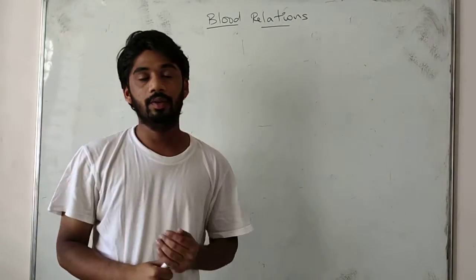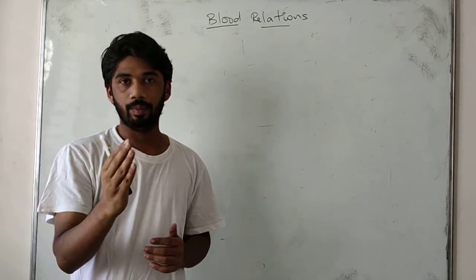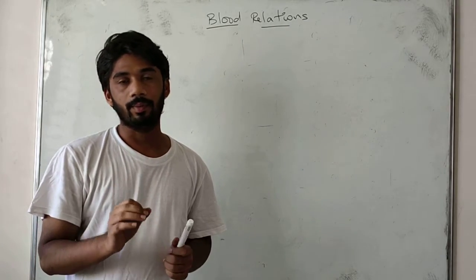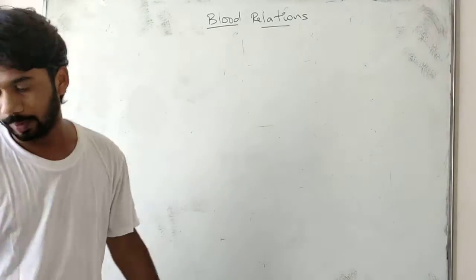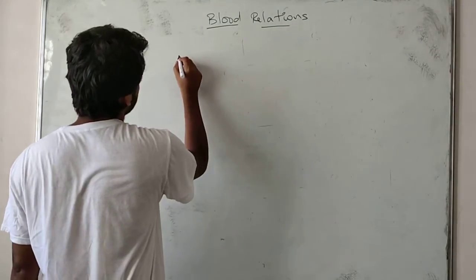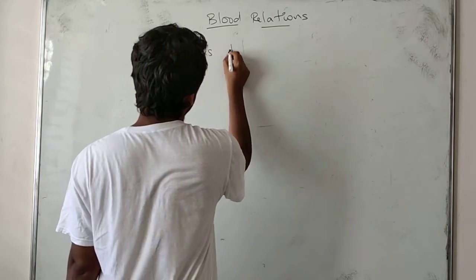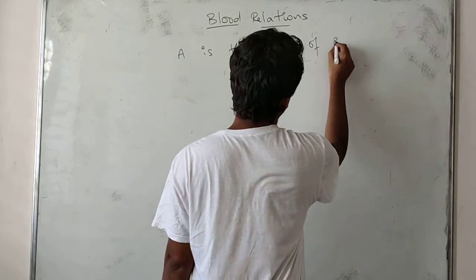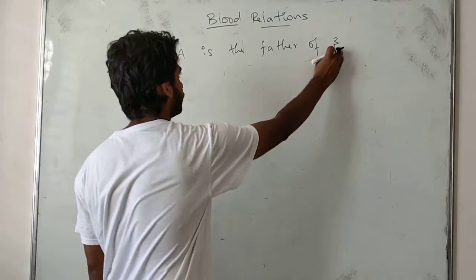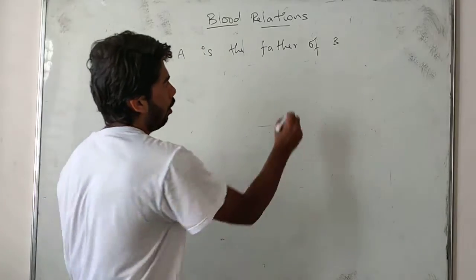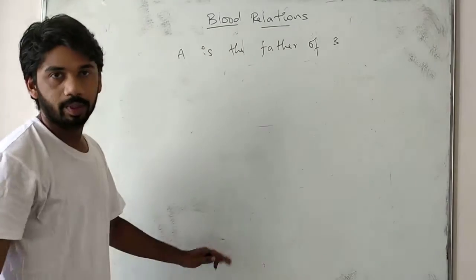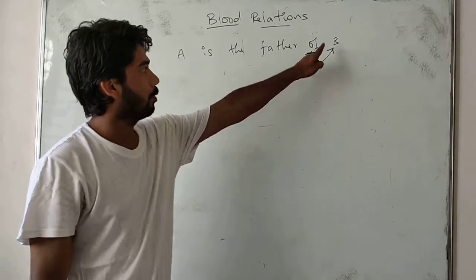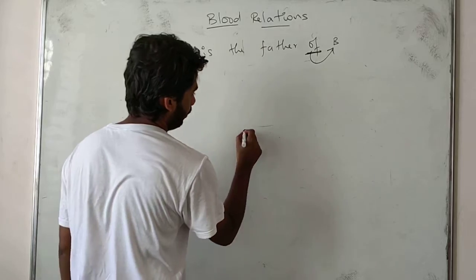Students, now in graduation we have to read the question from the back side. If you read from the back side, it will be very helpful. So now one example: A is the father of B. This is a question; this type of question will be coming. First point we will take is "of". First I have to take B. First I will write B.